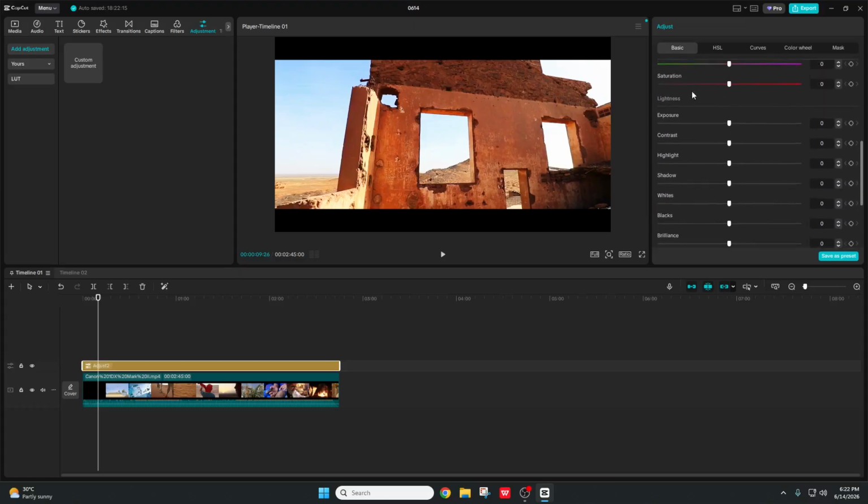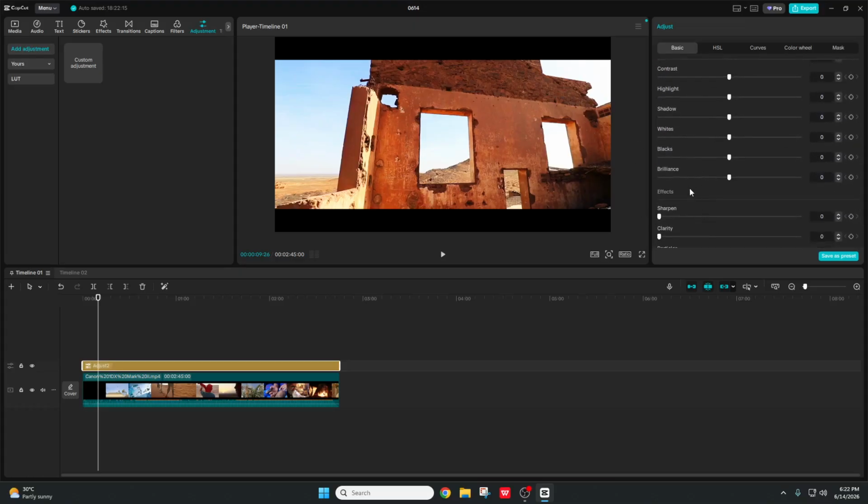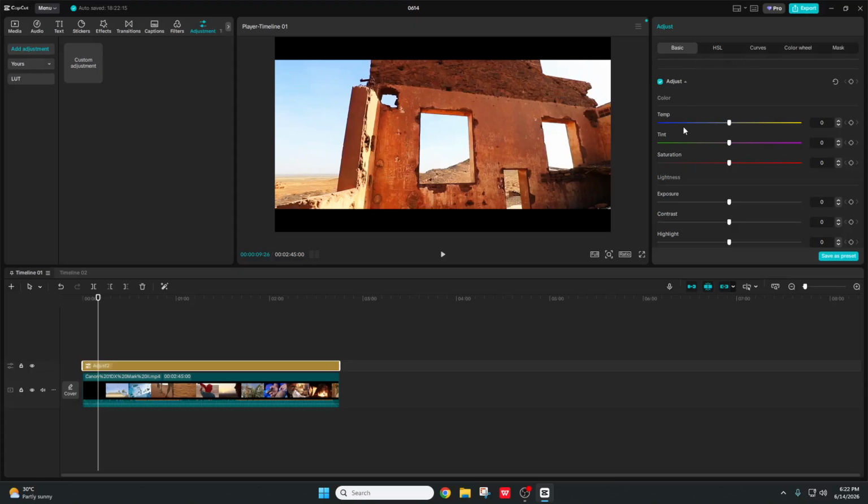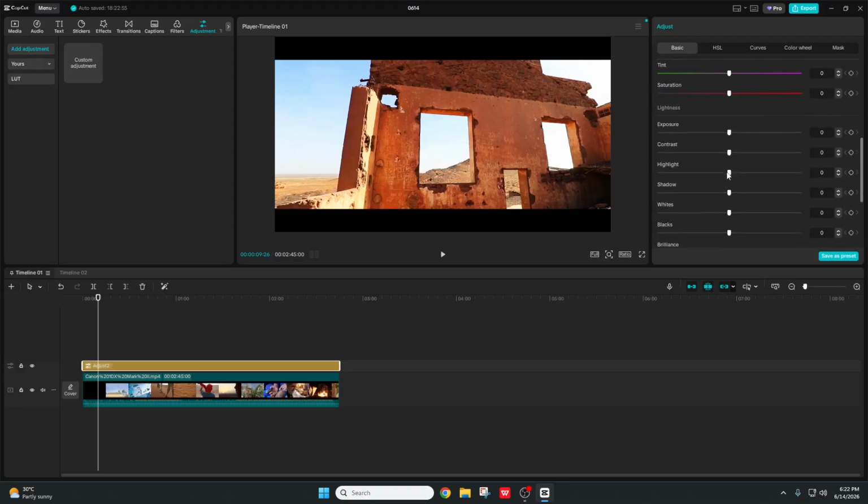we're just going to work with lightness. Effects and colors are your preference. If you want to make a video, let's say cold, then you would mess with the temperature, and warm, then you would mess with the tint and saturation. But in general, if you want to,